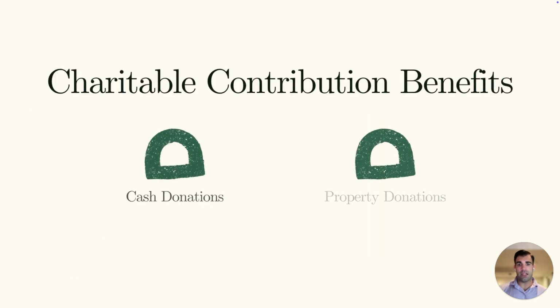Now, what can you donate? Well, first off, there's cash donations. These are pretty straightforward, but they can also provide the highest deduction, up to 60% of your adjusted gross income, depending on the charity you donate to. There are also property donations, which include assets like stock, real estate, or even life insurance policies. These deductions for property can typically range from 20% to 30% of your adjusted gross income, again, depending on the